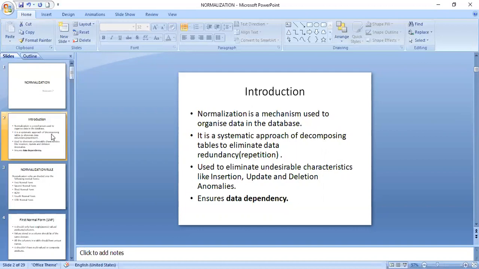Similarly, besides this, you have certain anomalies. They are called insertion, updation, and deletion anomalies, which are already discussed. These different anomalies also can be eliminated using this normalization technique. As such, when you eliminate all these data redundancies and different anomalies in the databases, you will be storing the data into the database such that we can retrieve only the relevant data, such that we don't have any irrelevant data available in the database.